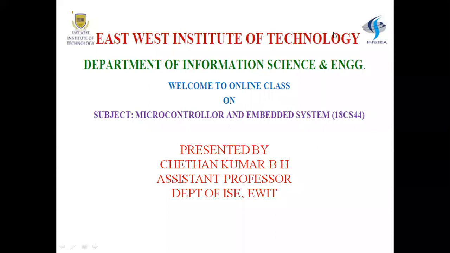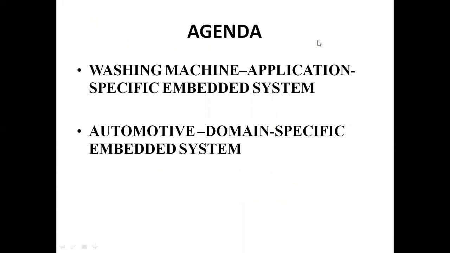In today's class, we're going to see about washing machine, application specific embedded system and automotive domain specific embedded system. Here, first we're going to see what we mean by embedded system. We're going to recall it. Embedded systems are application and domain specific. So the meaning is they are specifically built for certain applications in certain domains like consumer electronics, telecom, automotive, industrial control,